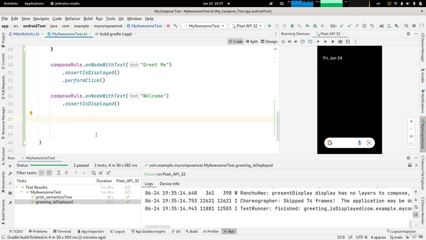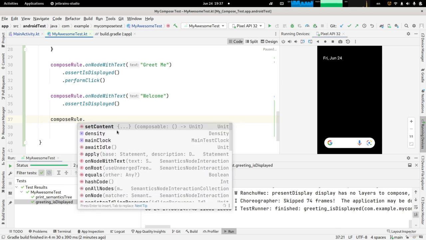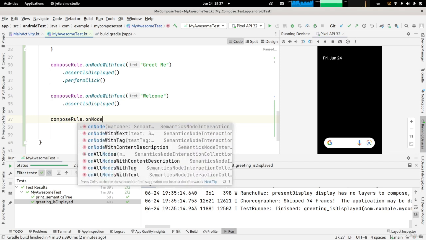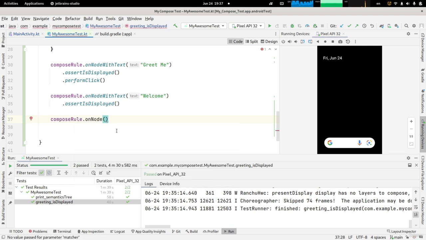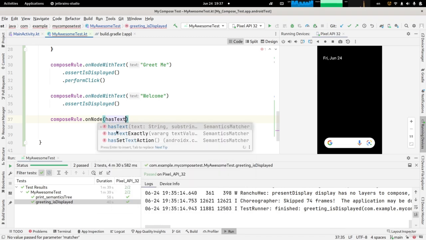Also note that you can use other methods in order to find different nodes, and the compose tests are very flexible in that case. And for example, you can find different nodes just using onNode and then use a matcher like has text or has test tag